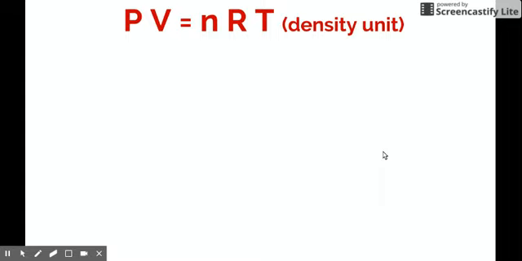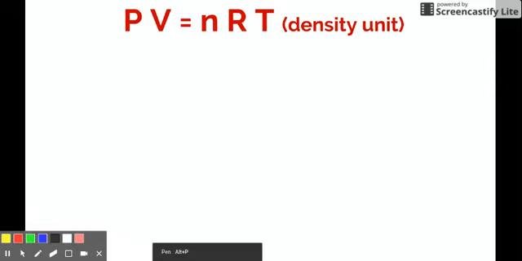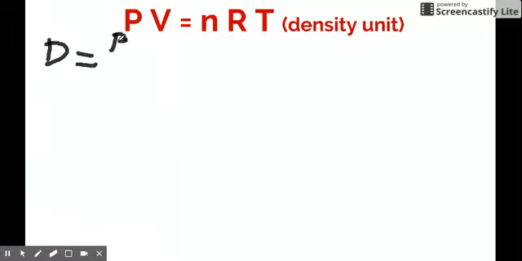In the previous video about the ideal gas law, in which we were able to derive density from PV = nRT, we came up with a formula for density in terms of the ideal gas law: density is equal to the product of pressure times molar mass (MM means molar mass, that's just one value), divided by the product of the gas constant times the temperature